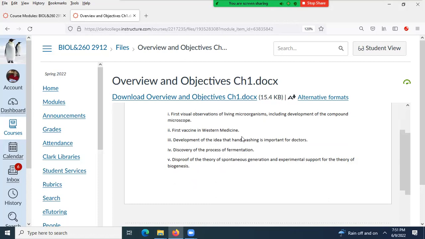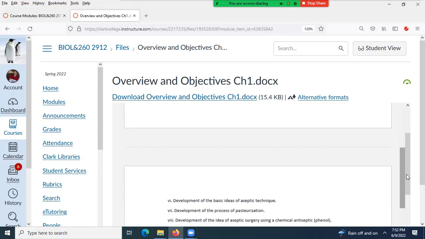Discovery of fermentation, we talked about that at least twice. There's another thing that Louis Pasteur did. It's important that he's the one who disproved the theory of spontaneous generation, that microbes could spontaneously generate when a vital force came into something, such as you throw the log into the fire and the newt crawls out. It wasn't from spontaneous generation of the log, the wood being thrown into the fire. But the newt came from pre-existing life, and that's the theory of biogenesis.